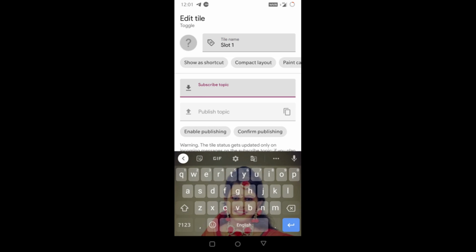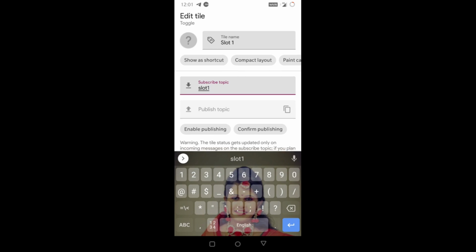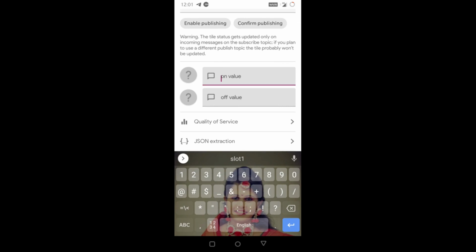For slot 1 the topic name from our code is slot 1. The name, with small letters and capital letters, should be as it is, what you defined with the mqtt.publish function for IR sensor 1, that is slot 1. Then after that, the value, meaning what it will reflect when you receive one signal.